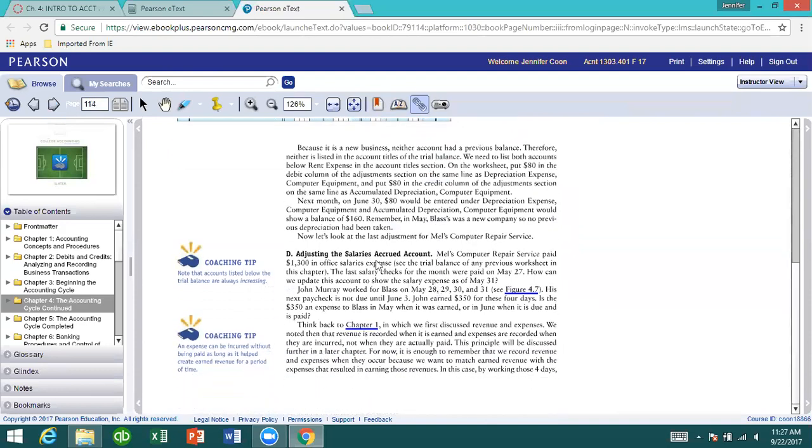All right, the next adjusting entry is an accrual entry. So we have to accrue expenses. The common one they give you has to do with salaries. So if you want to think about your salaries,